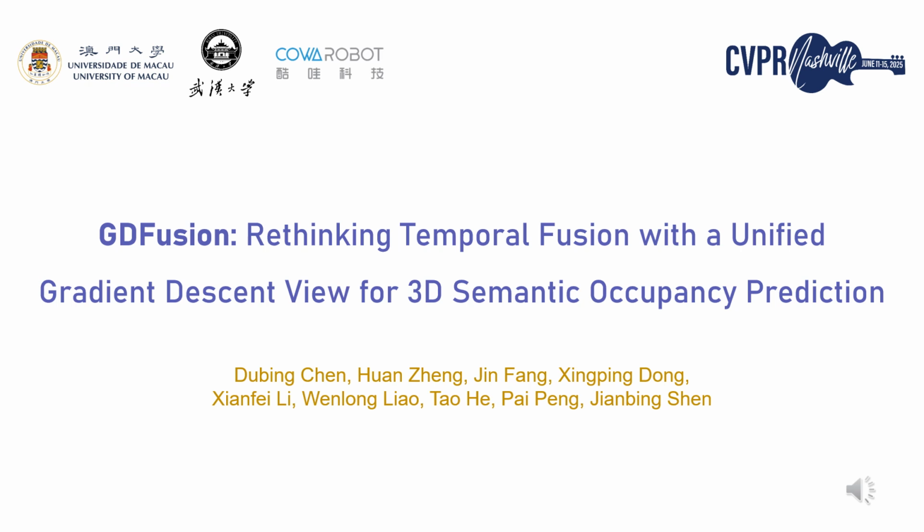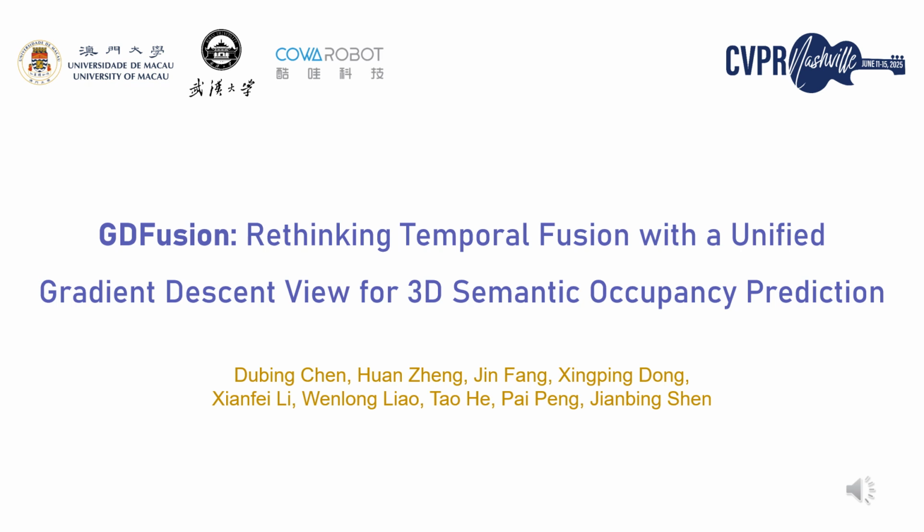Hi, everyone. This video presents our latest research titled, Rethinking Temporal Fusion with a Unified Gradient Descent View for 3D Semantic Occupancy Prediction. I'll introduce you to GDFusion, a novel method that enhances how we use temporal information in 3D vision systems. This work is particularly impactful for applications like autonomous driving and robotics, where understanding dynamic environments is critical for safety